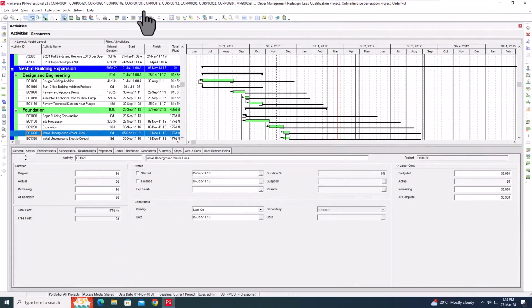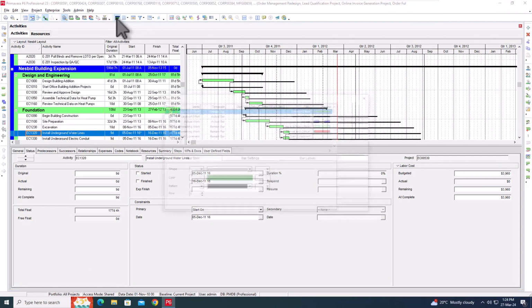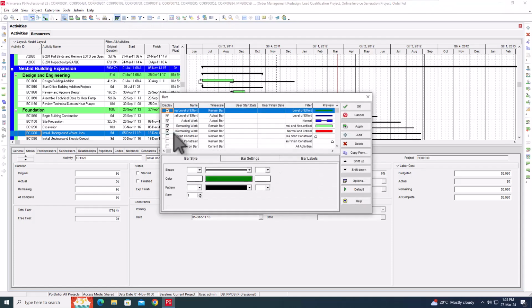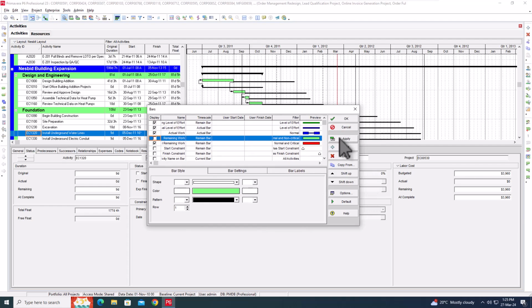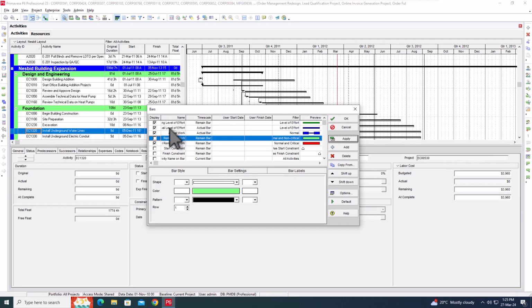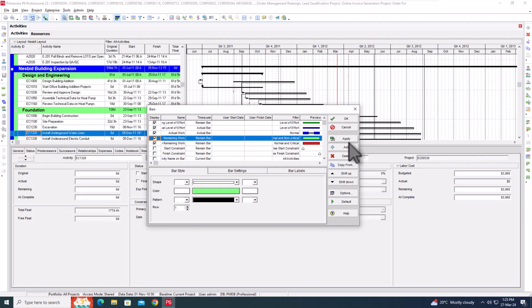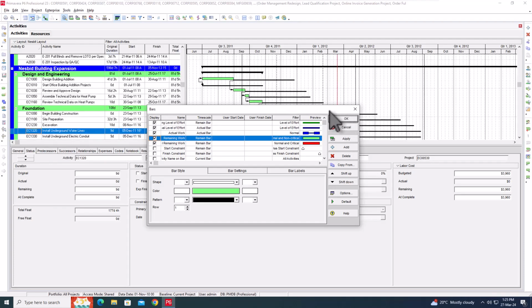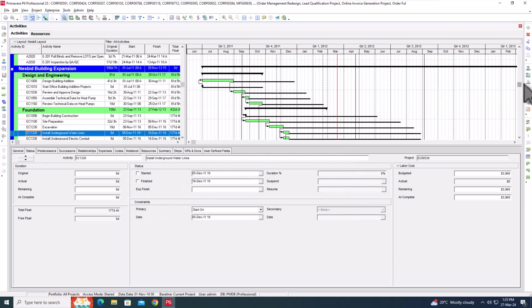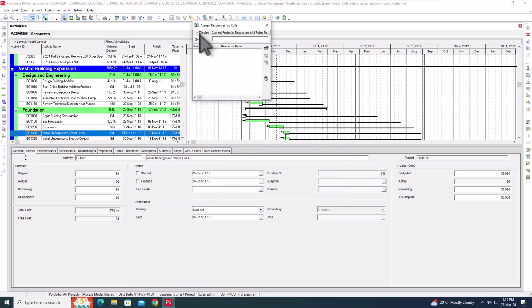Application of options within forms. So for example, I go to format bars, you'll see that I can hide the remaining work. Apply applies the change and I can see it, or if I display it, apply will allow me to display it, or OK will close the form. You'll find a lot of forms have drop down boxes in them. So if I go to assign roles, for example, it's got a drop down box where I can have various